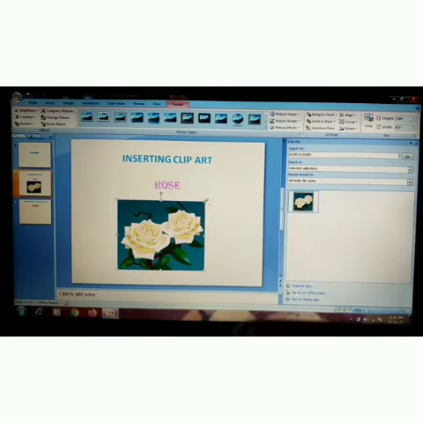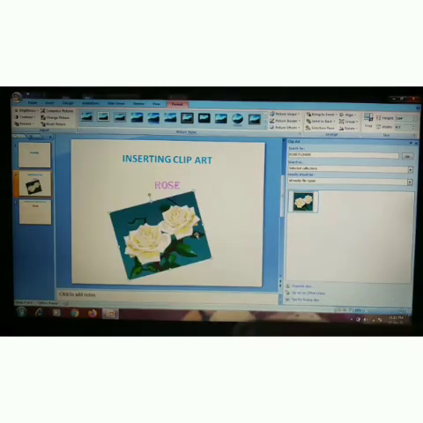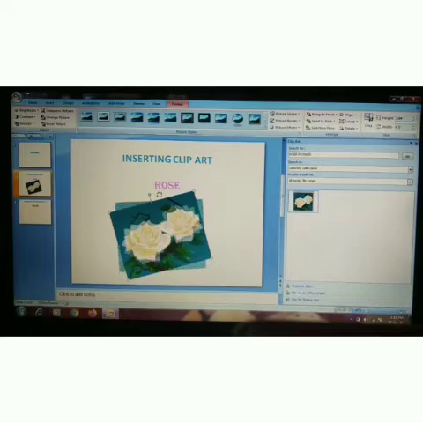So these are the corner handles and these are the side sizing handles. And here you can rotate the picture using that green circle. Okay. This is how to insert clip art. If you want, you can increase or decrease the size of the picture and you can rotate the picture.